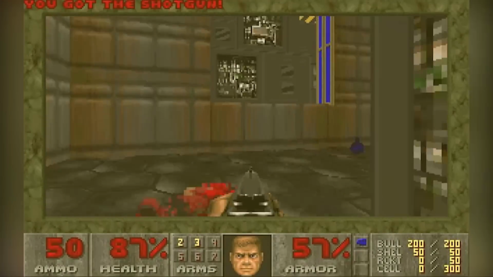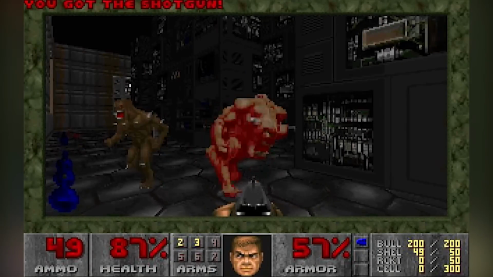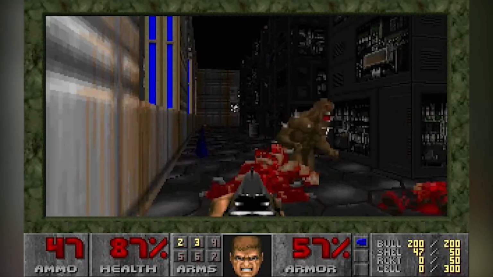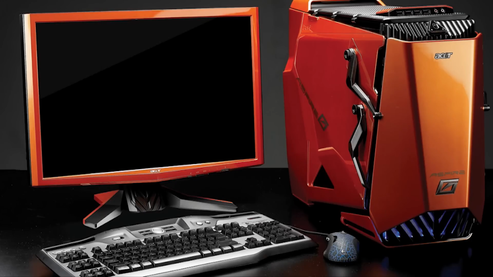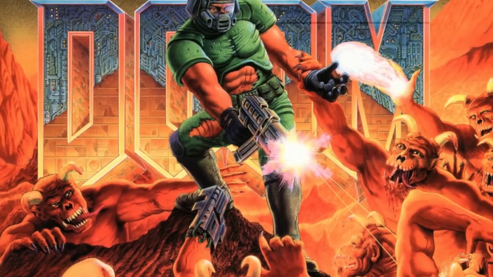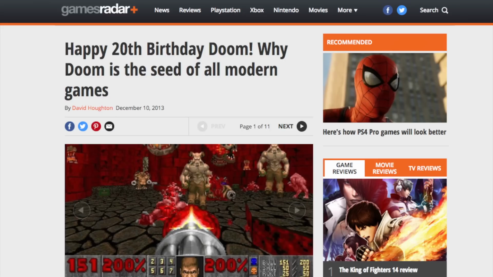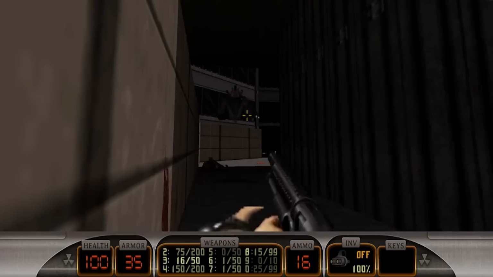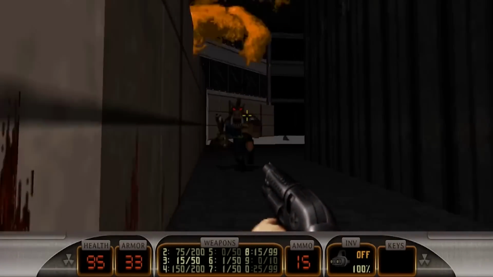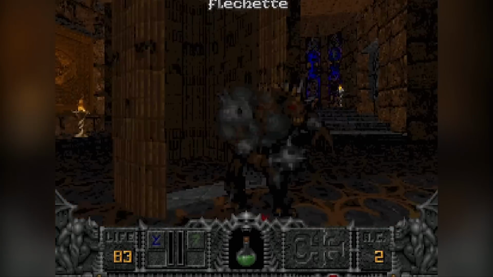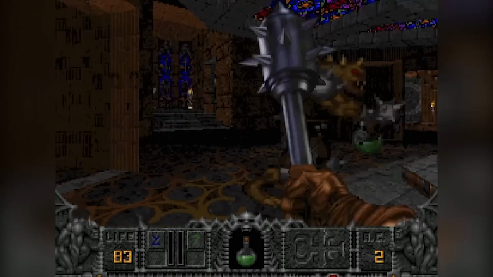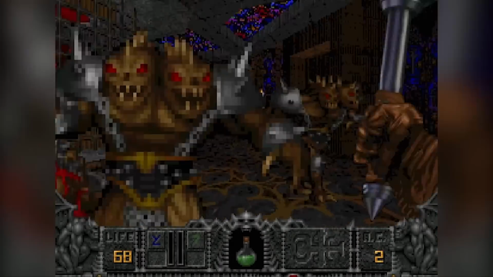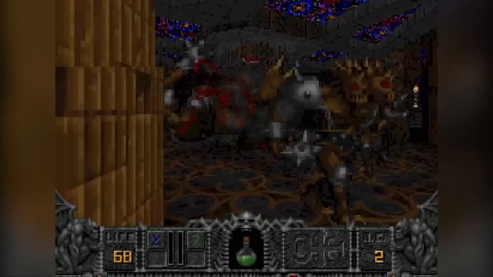The feeling of running and gunning made Doom such a breakout title that one could even say it's what popularized the PC as a gaming platform. Now again, id Software had been developing these concepts for a while, but nothing had taken off like Doom. More than a few news outlets through the years have called it the single most important computer game of all time, and it spawned the Doom clone genre, which we now know as the first-person shooter genre, which is very interesting to think about because there was a time when people were more than happy to be called a Doom